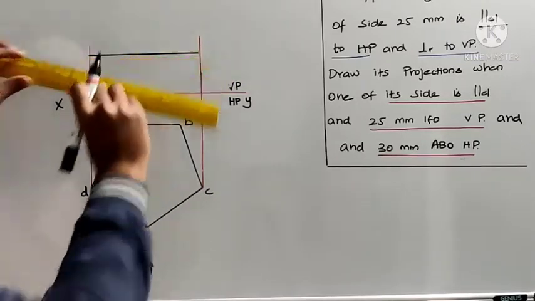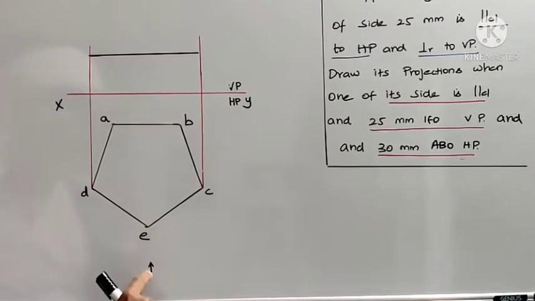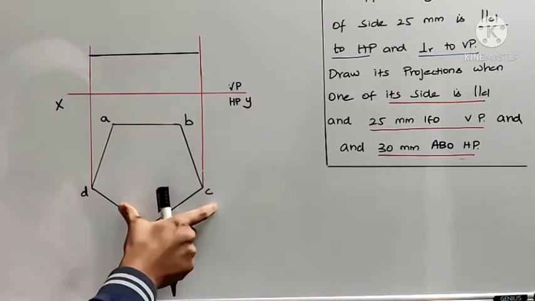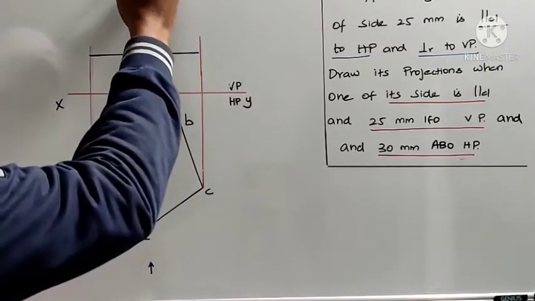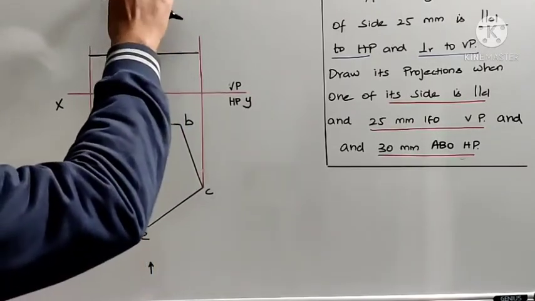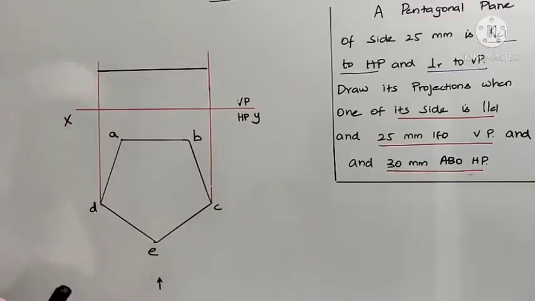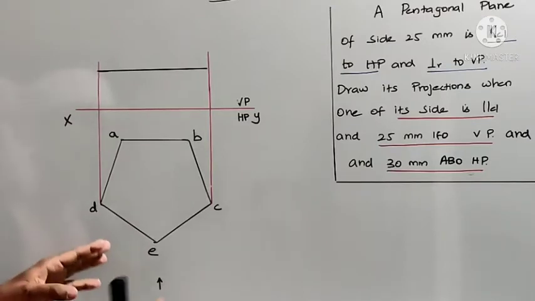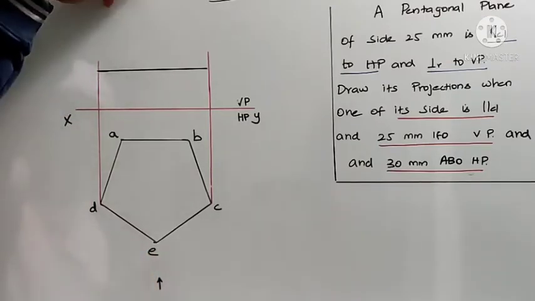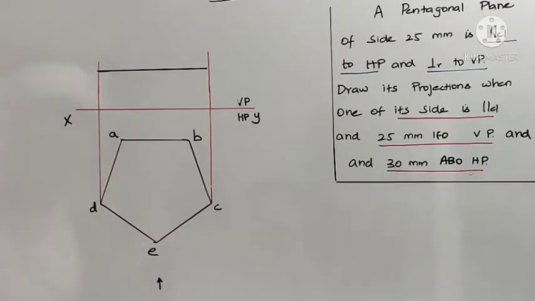Okay. So the front view, as I already told, you will be seeing from here and you are taking your view. So that is front view. And if you are seeing from here and taking a view, that will be the top view. So wherever the true shape is there, from there you visualize for the other view. So if you have completed the front view, you need to see from here. But if here we completed the top view, we need to see from here, okay.